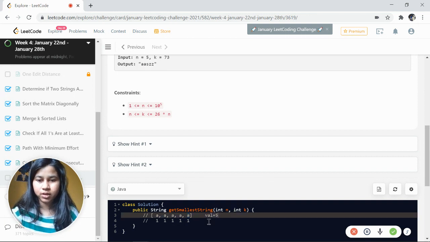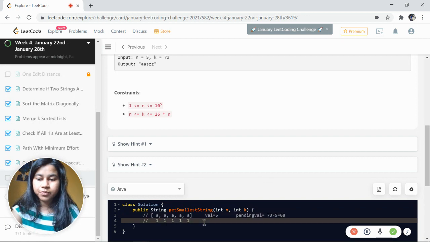So the value is 5 currently. All right. And the pending values are 73 minus 5, which is 88, no, 68, right? So this is still pending, that I need to distribute among these values, right? So what I'll do, the maximum by which number I can increment it: I can increment it by 25. Why won't I increment it by 26 first? Because 26